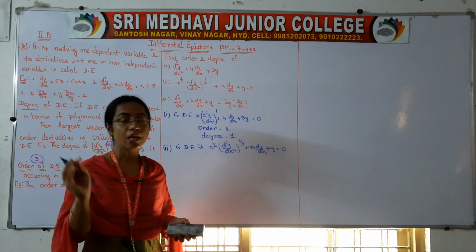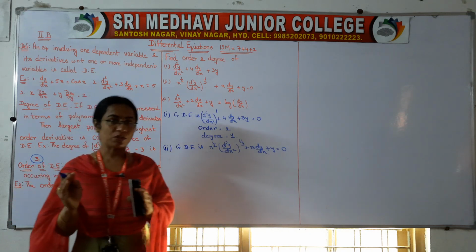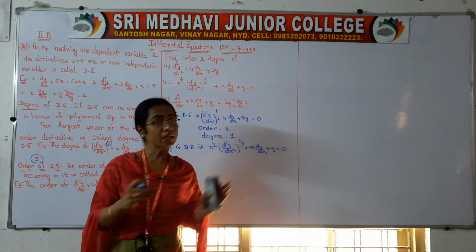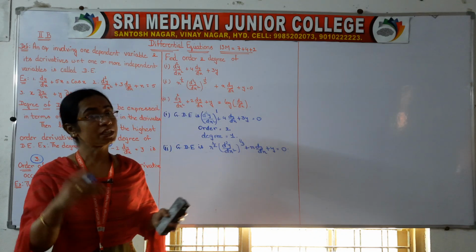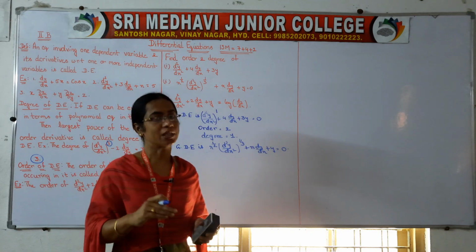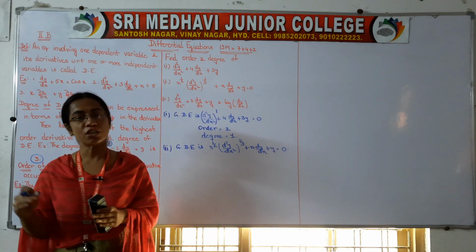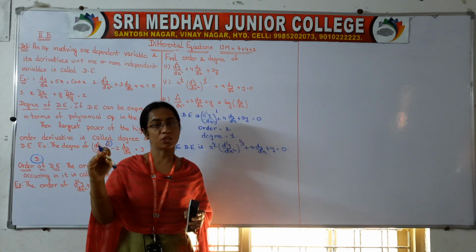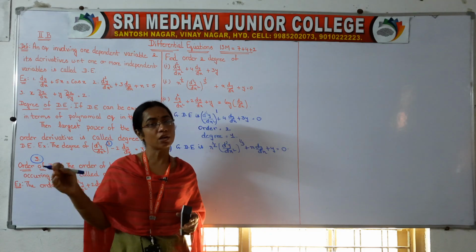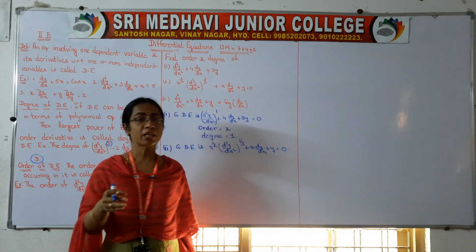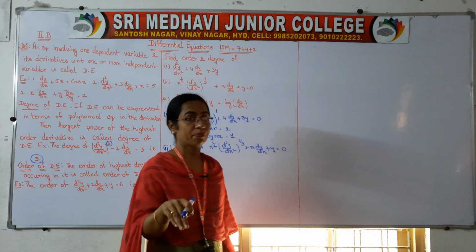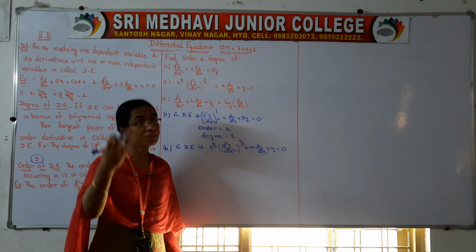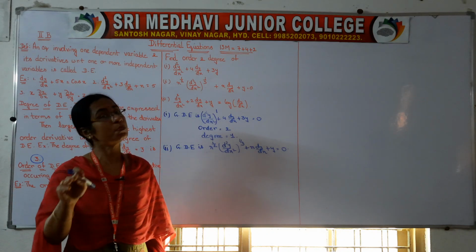Polynomial equations means powers can be derivatives. It should be a polynomial equation of derivatives, a normal polynomial equation, and in this polynomial equation your derivatives will have powers, right? A polynomial equation in terms of x means we take x to the power of 4 plus 2x cube plus 3x square plus x is equal to 0. That is the polynomial equation in terms of x. Right. Now we are taking a polynomial equation in terms of derivatives. That means derivatives will have the powers.